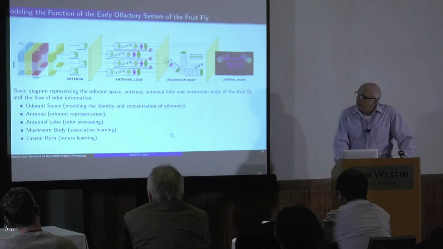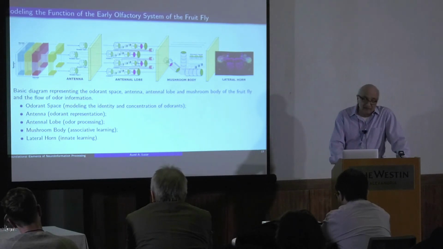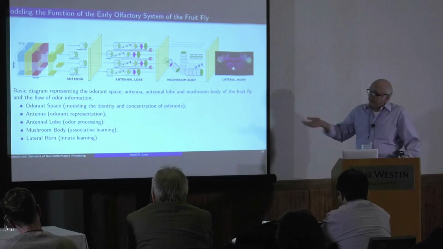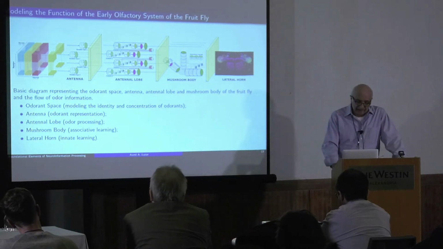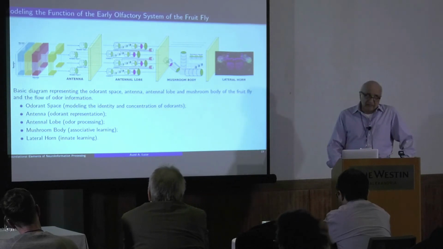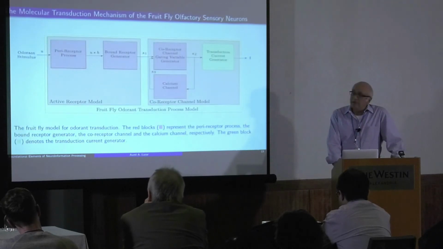And now we look specifically at olfaction, and olfaction consists of an odorant space. Then this is odorant information representation. This is now a predictive coding in the antennal lobe. And this is here associative learning in the mushroom body, and this is innate learning. So understanding this circuit, and this is what we're working on, is very timely, and it's actually going to give us information which is well beyond what is being talked about in learning theory today, we believe.